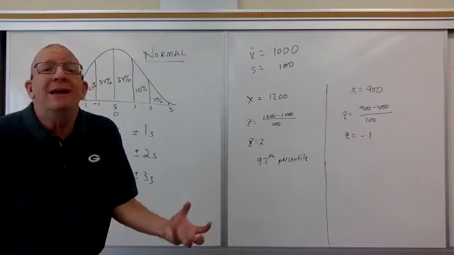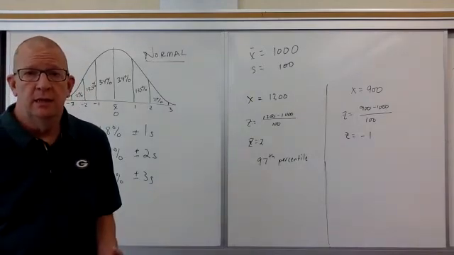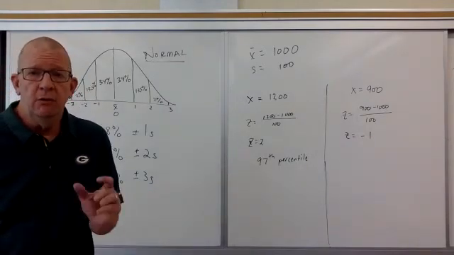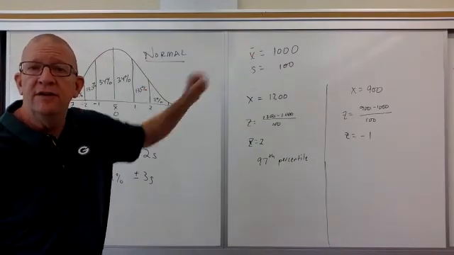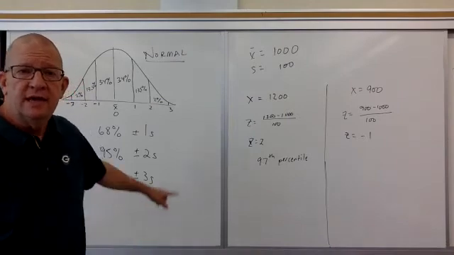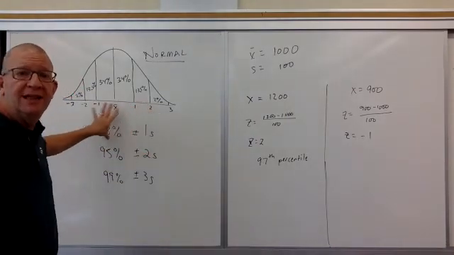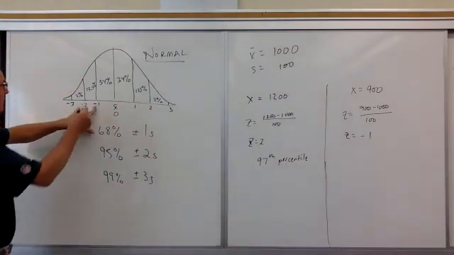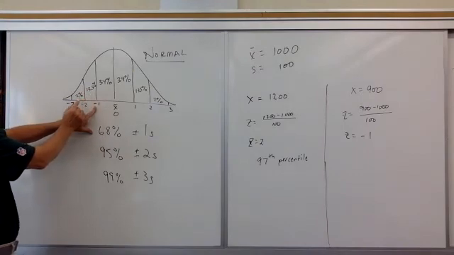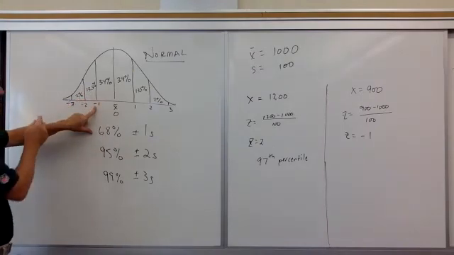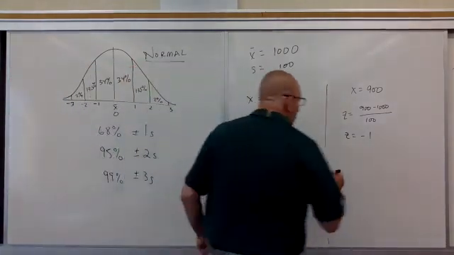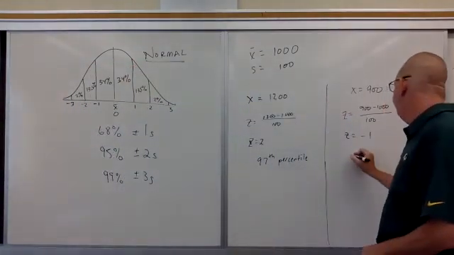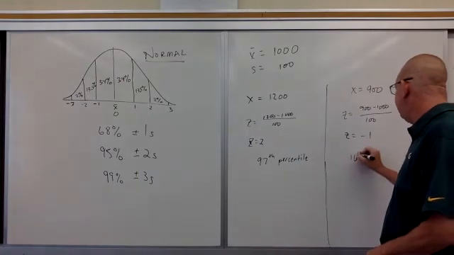So 900 doesn't mean anything by itself. It only means something when it's associated with a mean and a standard deviation to get us to -1, right? What's the area to the left of -1? I go to -1, 13.5, 2, and maybe like a 0.5% down here. So you're at about the 15th or 16th percentile,